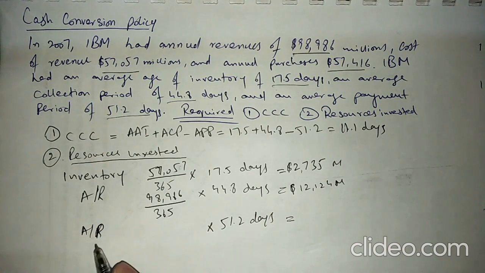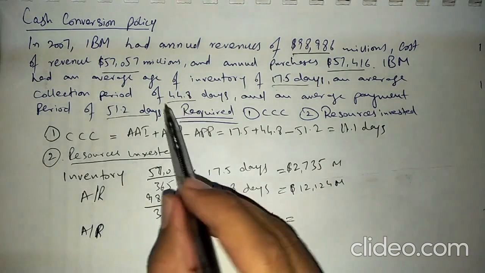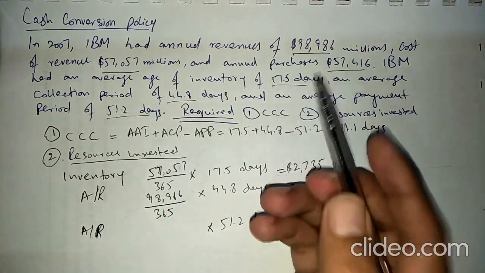Here, accounts payable represents the amount which IBM will have to pay to their supplier. So we can calculate it by their annual purchases. Here annual purchases are